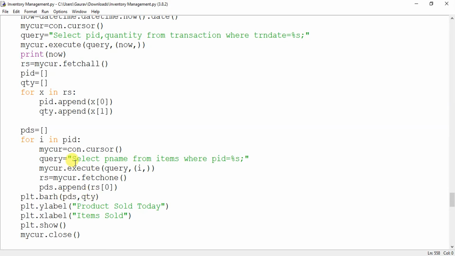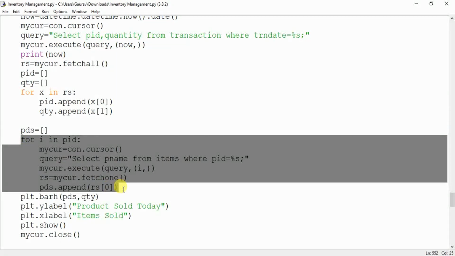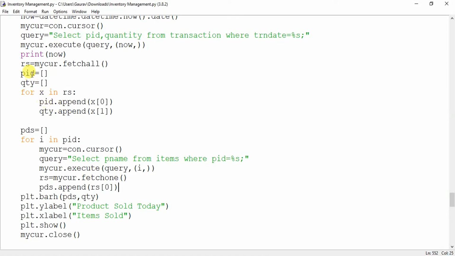You can also try a product ID and quantity graph. If you do not want to go inside this loop, you can have the product ID and product quantity graph, but it is hard to recognize the name of the product from the product ID. That's why I have used this part to get the name of the corresponding products for this PID list.